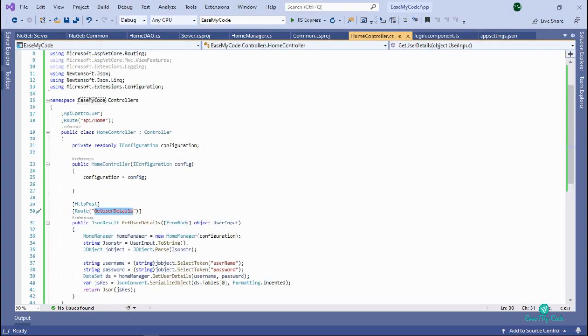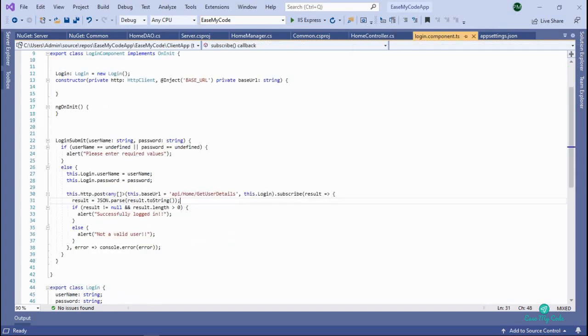So if you go to the controller, what you need to do is in your route attribute above your class home controller, you need to mention the route as api/home, and then in your subsequent methods, whatever you are calling from your Angular, you need to mention the route attribute again, and whatever name you are going to give to your method here, the same name should be present in your login.component.ts when referencing the method. So I have included the same name as that of the method. You can include any name as per your choice.